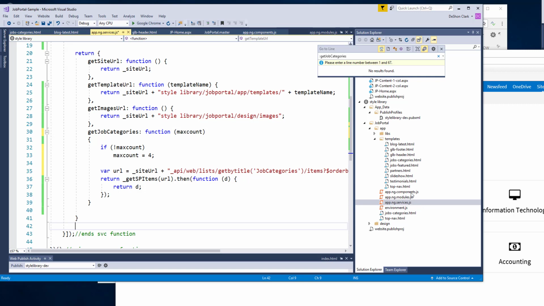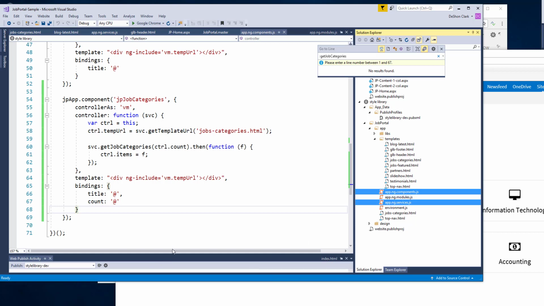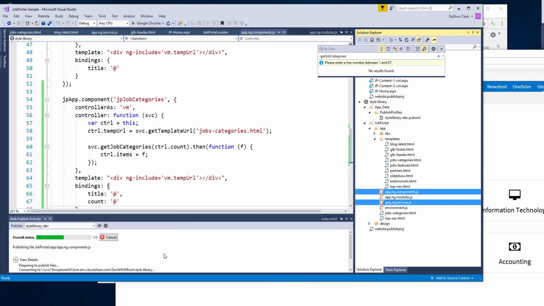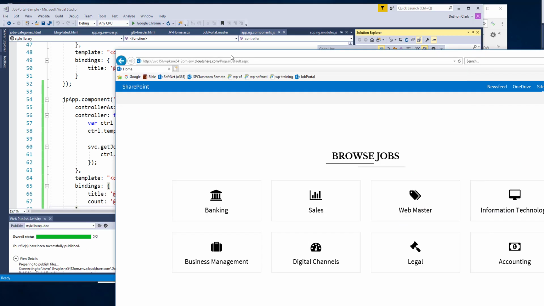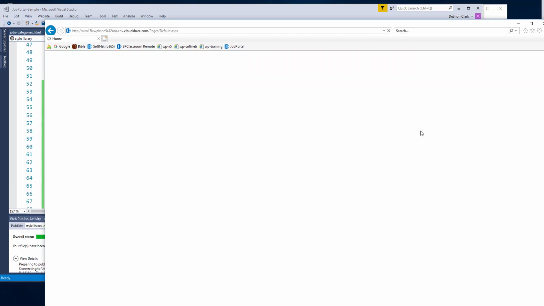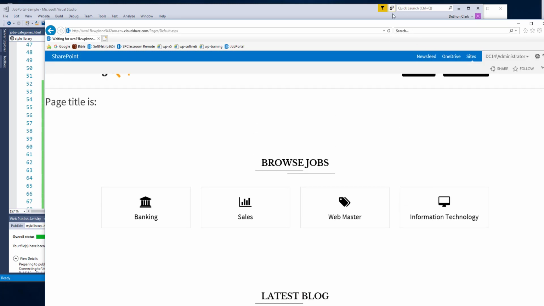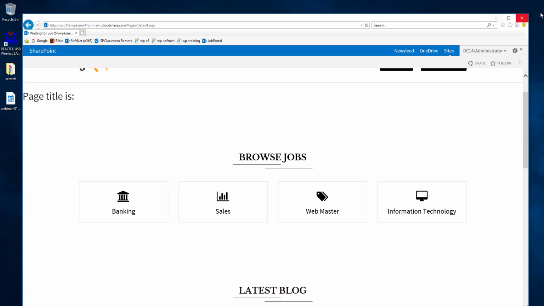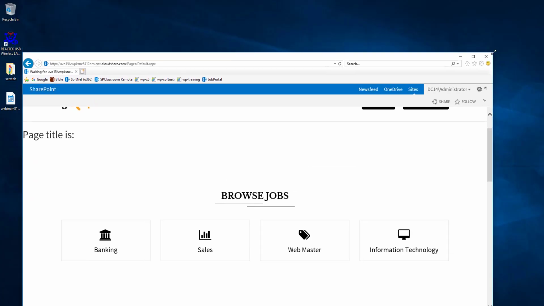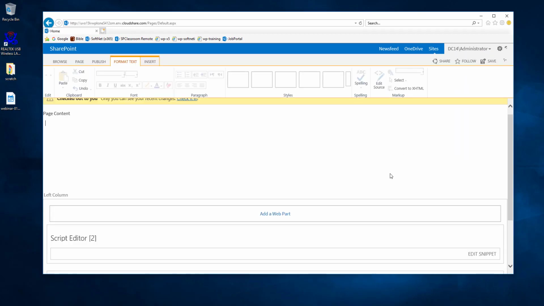Save this off. What did we change? The component and the services. So let's push that up. All right, so now we go here, hit refresh. The expectation is that we get 4. Right, so now we have 4. But the control is now inside of the content manager's hands. So now what we can do is go over here, edit,